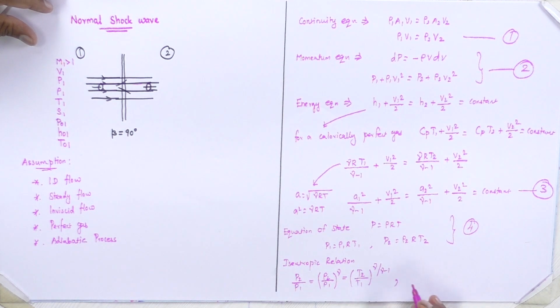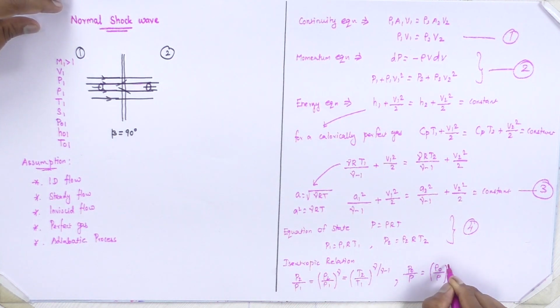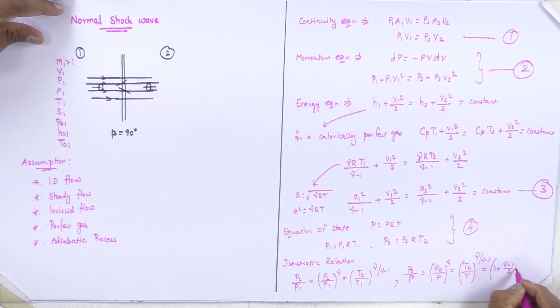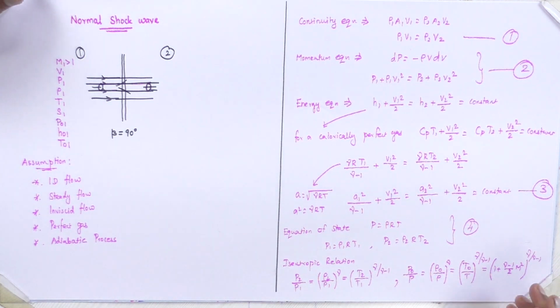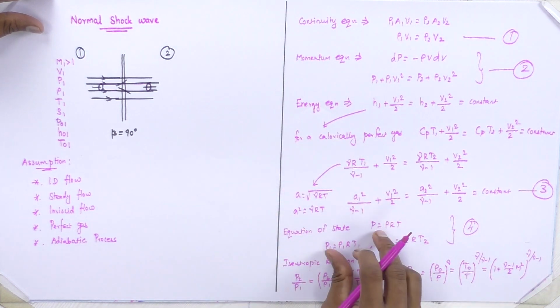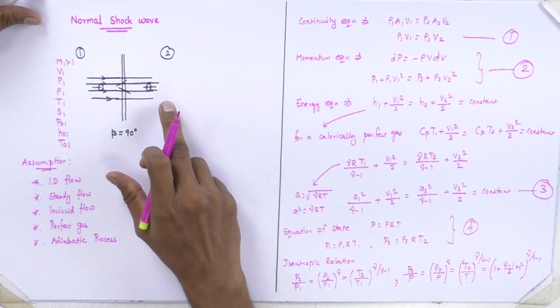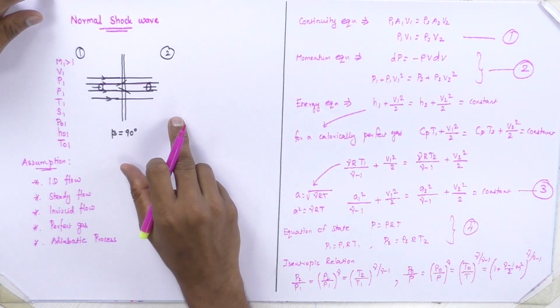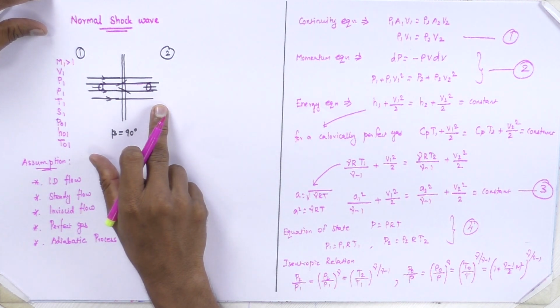Then we have the stagnation isentropic relation. It is P naught divided by P is equal to rho naught divided by rho power gamma, is equal to T naught divided by T power gamma by gamma minus 1. This is also equal to 1 plus gamma minus 1 by 2 M square whole power gamma by gamma minus 1. Even though we have all these relations, without a known property in region 2, we cannot proceed further. So many people tried to relate region 1 and region 2, but they could not achieve it.